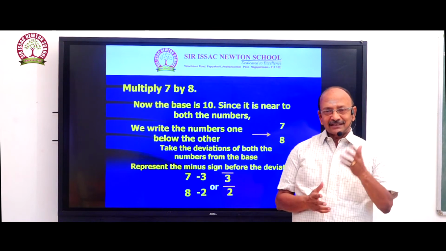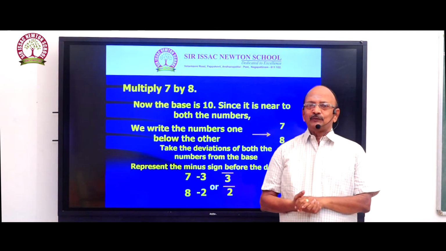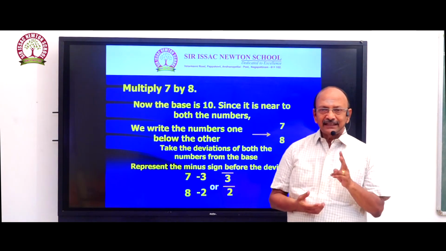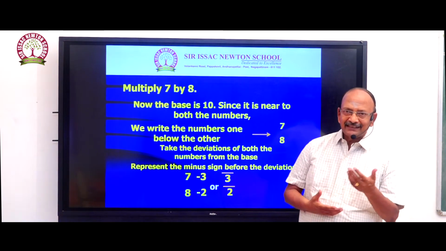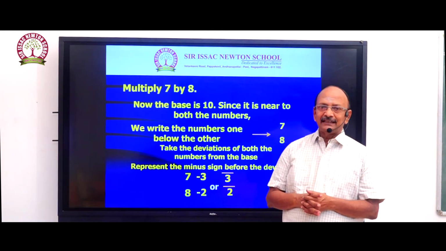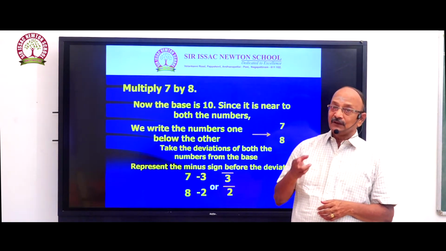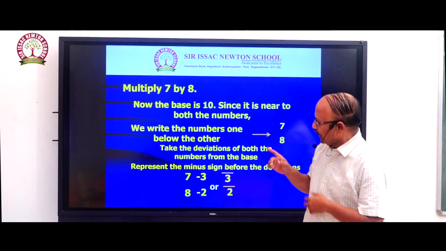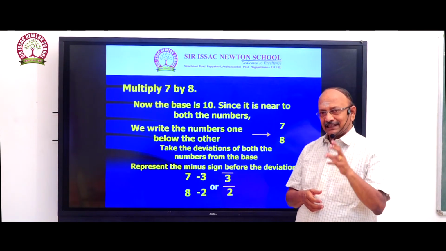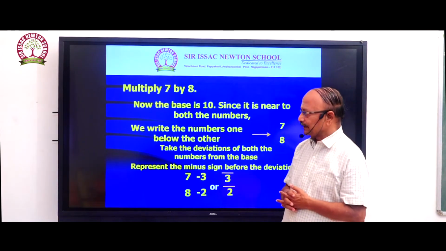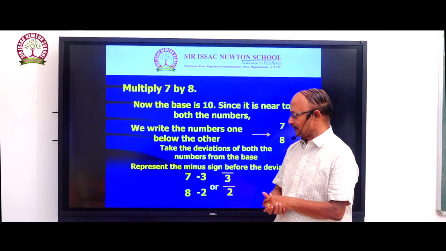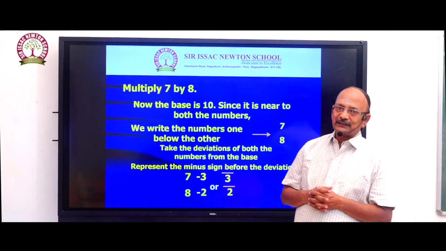Last session we have seen multiplication of two two-digit numbers where the sum of the unit digits equals 10, and in the next method, where the sum of the digit previous to the unit digit is 10. Consequently we have seen what is base, deviation, and how it is noted. For example, a negative deviation is generally denoted by a minus sign or a bar. Using this concept we are going to do multiplication now.